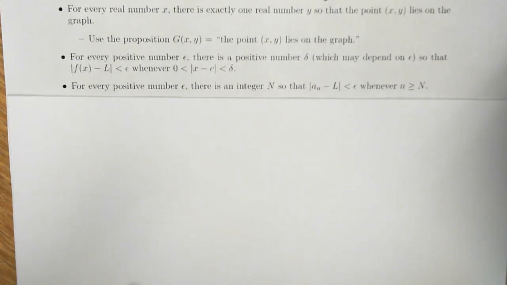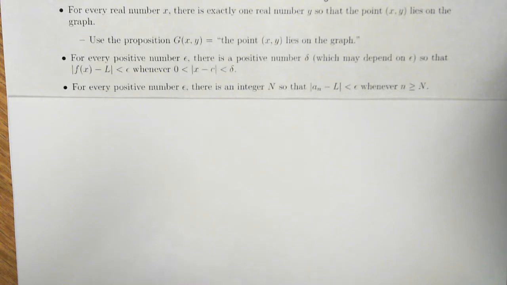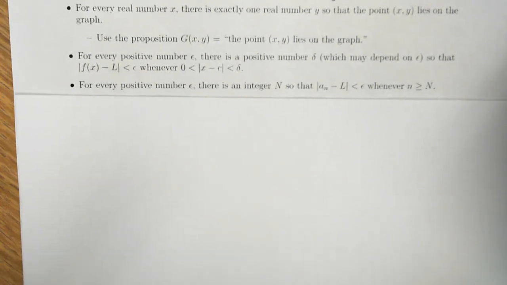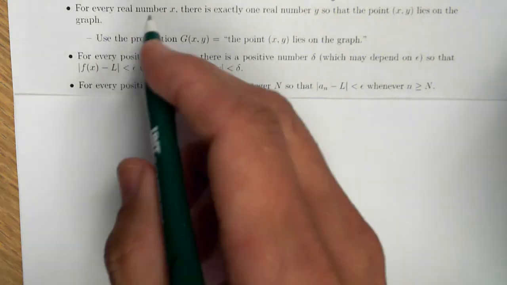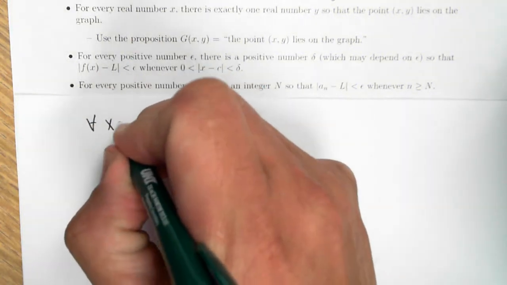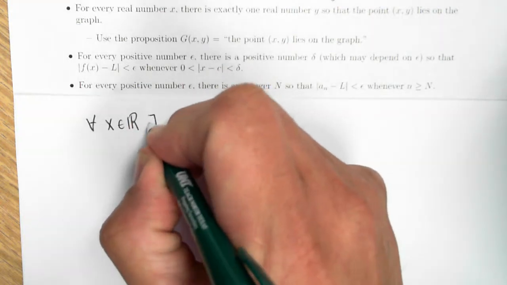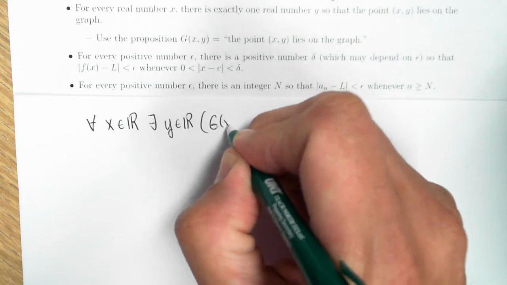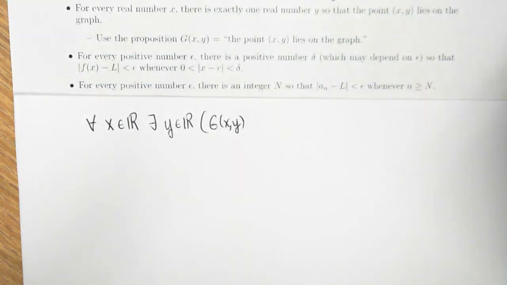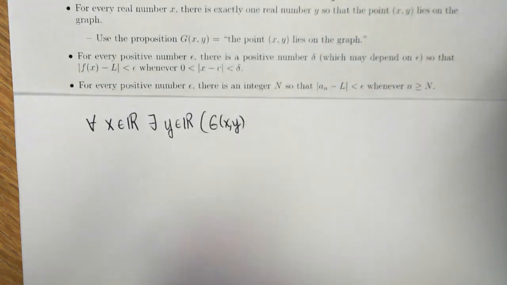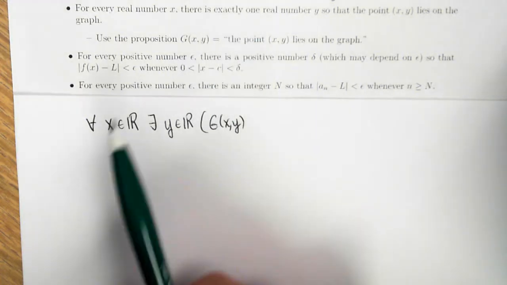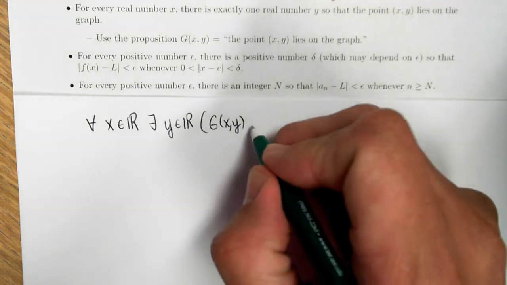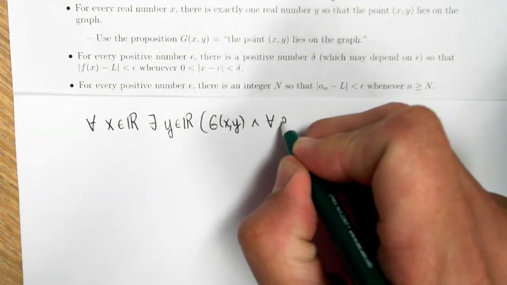Okay, next, for every real number x, there is exactly one real number y, such that the point xy lies on the graph. In other words, that the graph represents a function. So for every real number x, there exists a real number y, such that the point xy is on the graph. Now I can't stop there because I have to say that there's exactly one number, so no other point will work. So it's also true that for every other number,